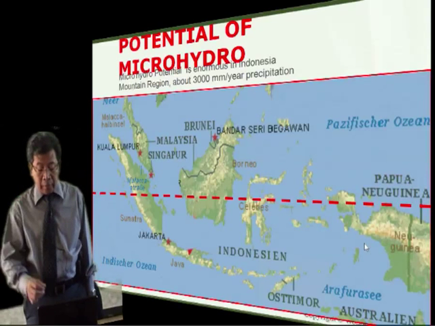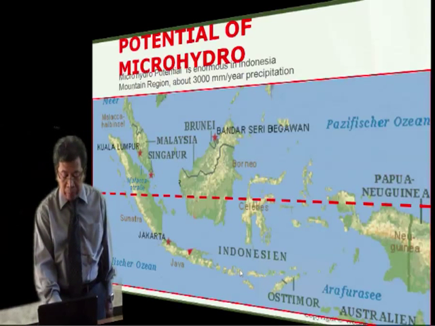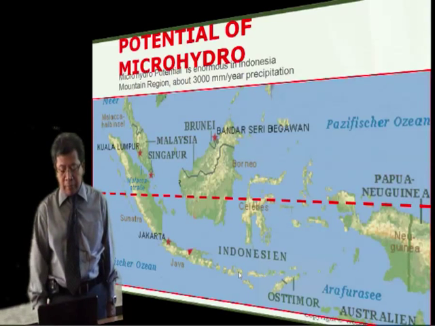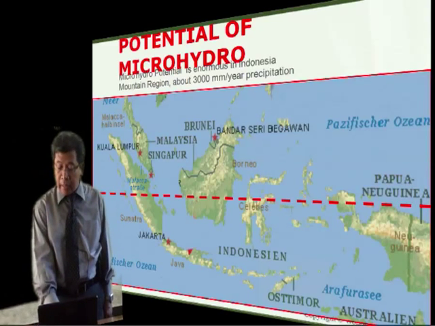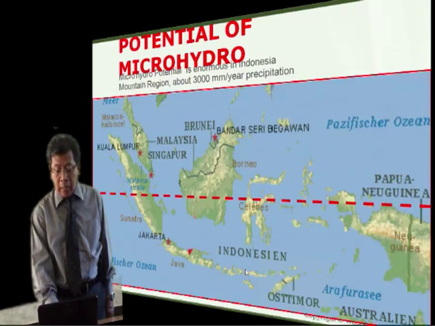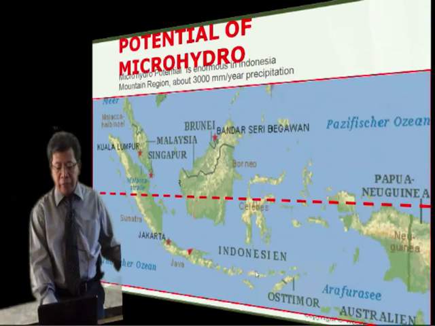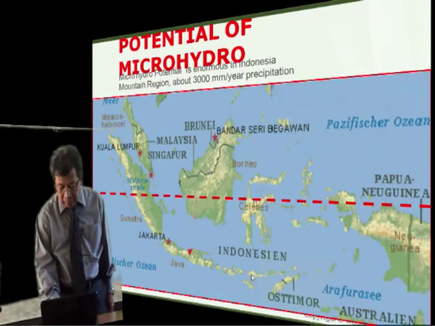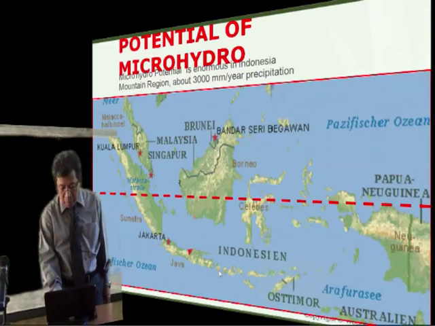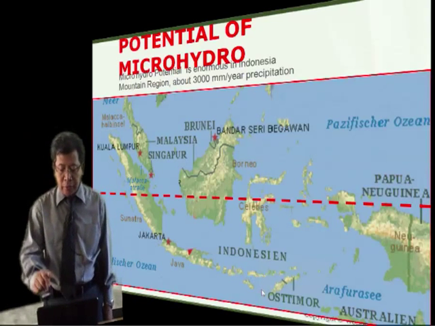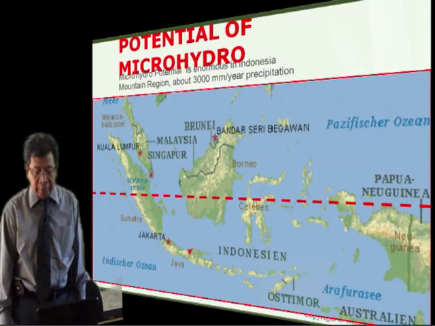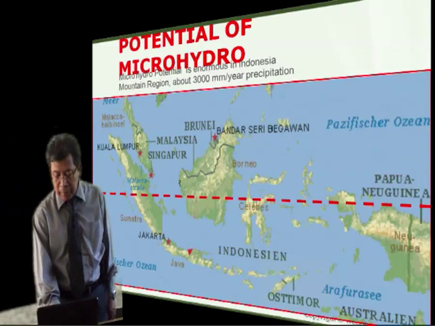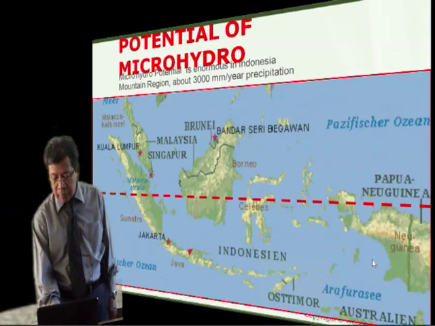For example, people doubt whether there is microhydro potential in Nusa Tenggara Timur. I was there and I saw a lot of microhydro potential, even though people think it is an arid area. In Kupang, in that region here, Lombok, Sumbawa, Flores, and so on, we also always have microhydro potential. You can imagine. So this is the king of microhydro potential.